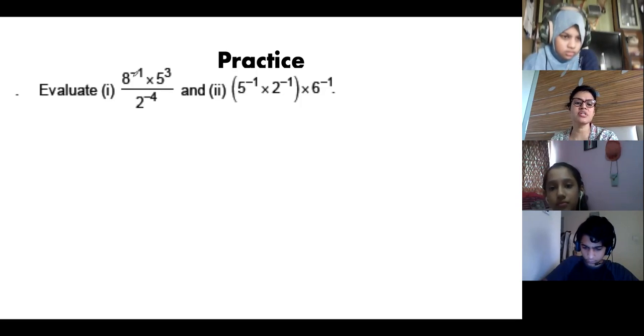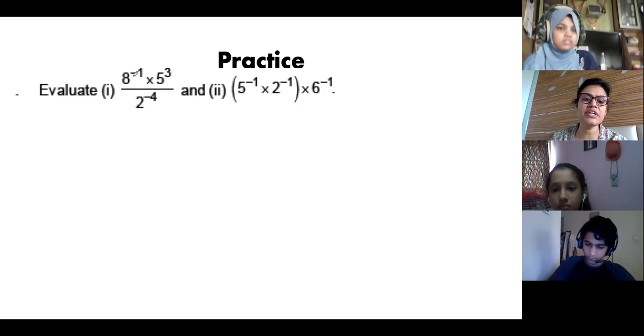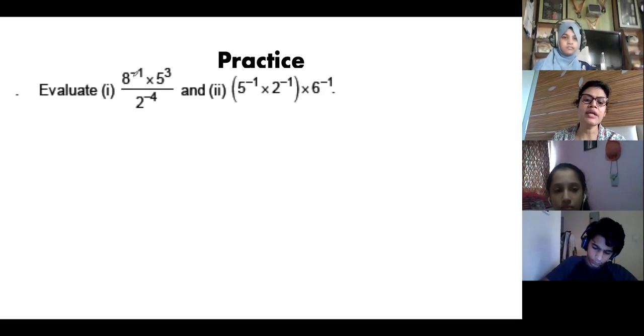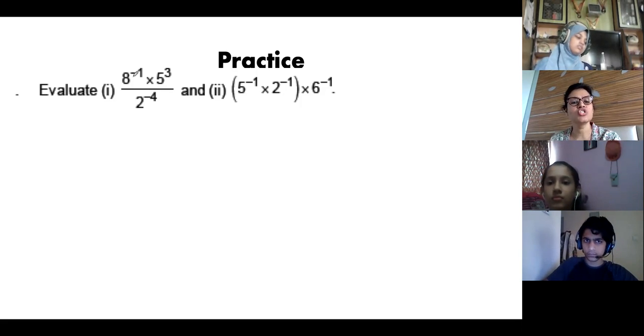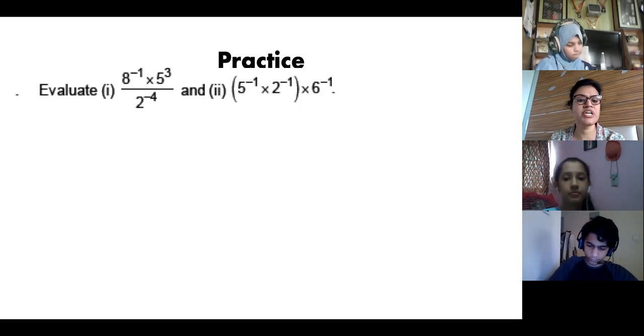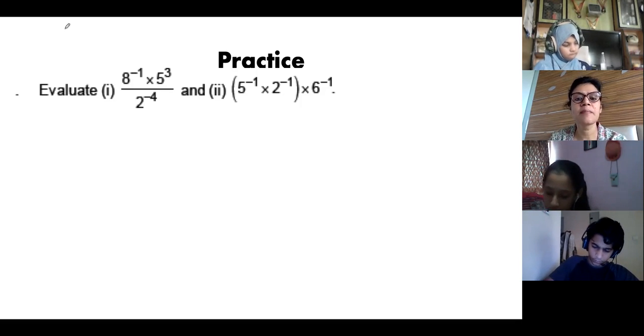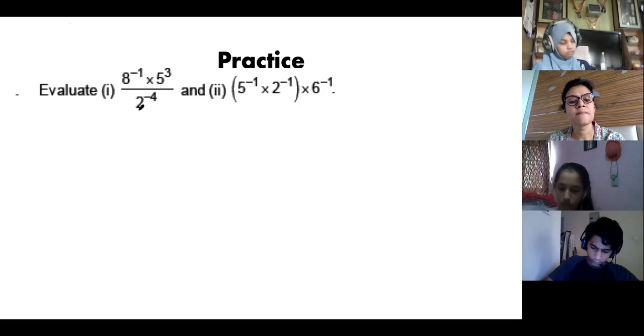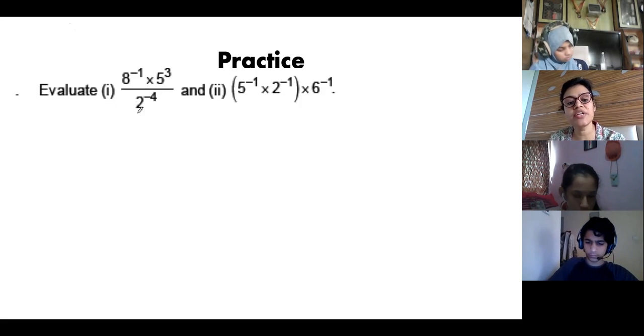Then it becomes easier. Then in the next step, change 8 as 2 cube. And in the numerator, you have 2 raised to 4. So you can use the quotient law, 4 minus 3, and you'll get the answer. Yes, Farhana. After we do this, 2 raised to 4 into 5 raised to 3 upon 8, it is 2 raised to 3. You have to write in the form of 2 because you can cancel out now.